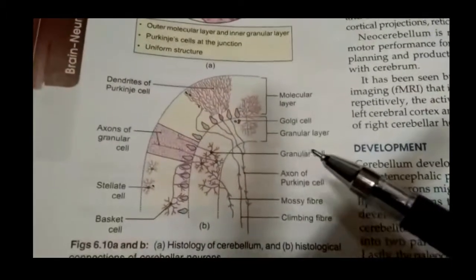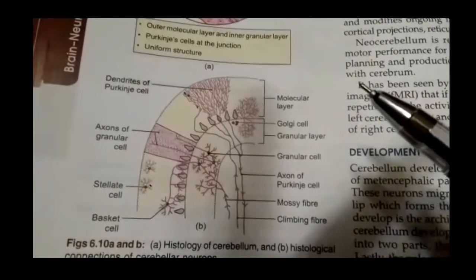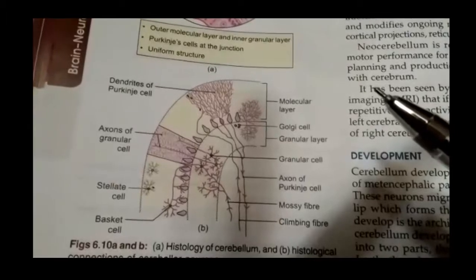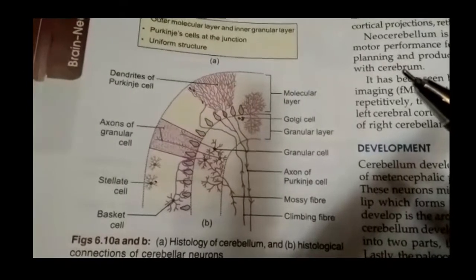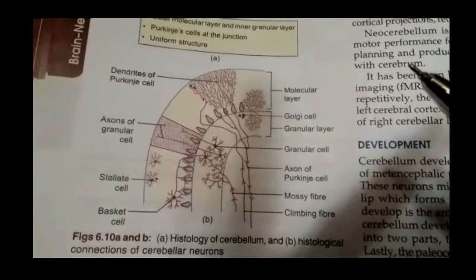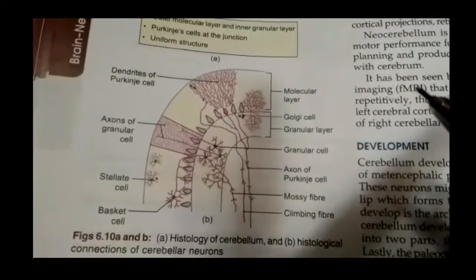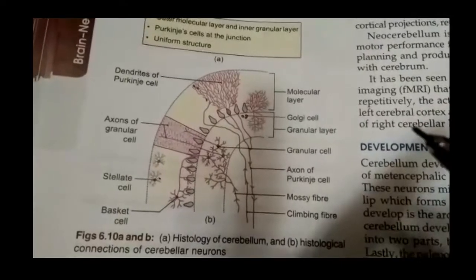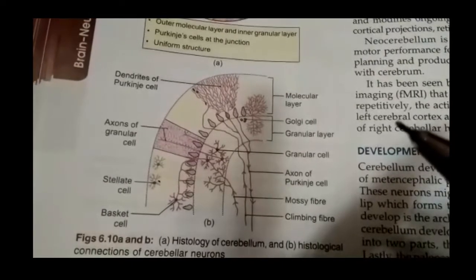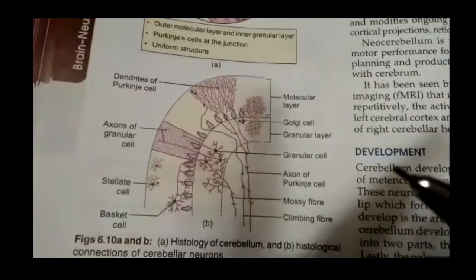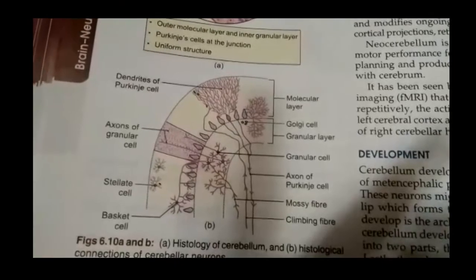Now the blood supply of the cerebellum is supplied by the superior cerebellar artery and the anterior inferior cerebellar artery, which are the branches of the basilar artery, and also by the posterior inferior cerebellar artery, which is a branch of the vertebral artery. And one more thing to remember is, if there is a defect in the flocculonodular lobe, there will be truncal ataxia, and if there is any defect in the anterior lobe, it leads to staggering gait, and the defect in the middle lobe leads to defective speech or scanning speech, which is in the form of broken syllables.